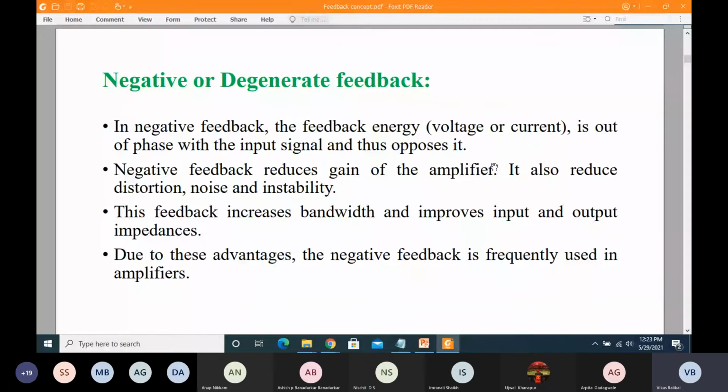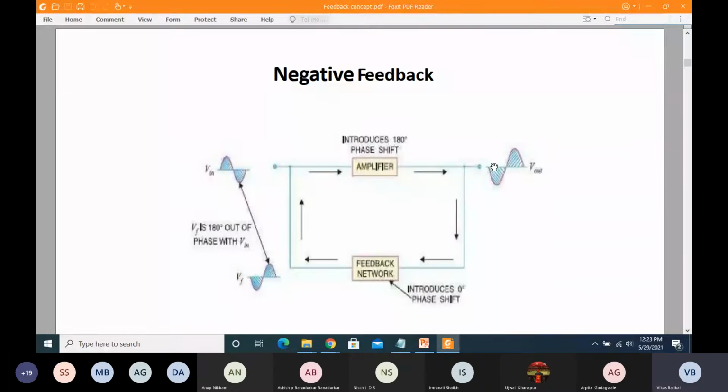Because we don't have oscillators to study in terms of positive feedback, maybe I'll give you some references where you can look into those things and understand how positive feedback ensures the oscillations are maintained. But we already know how negative feedback ensures many advantages with respect to gain, input and output resistances, and bandwidth. So we're going to have a glimpse of those aspects once again in this introductory class of this present lecture. So this is how negative feedback looks.